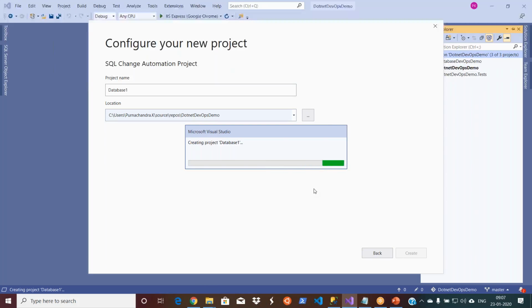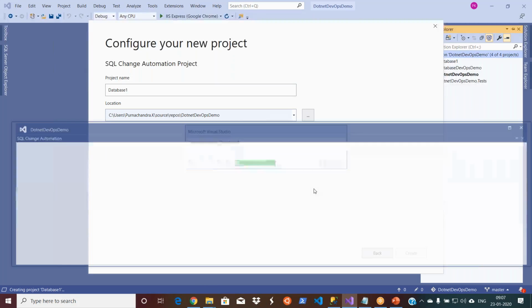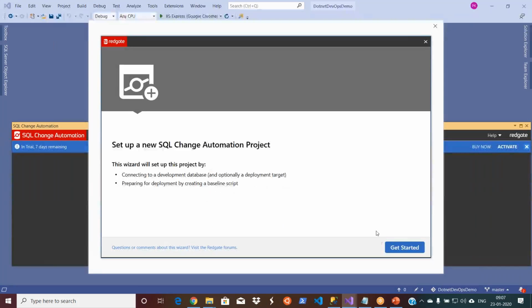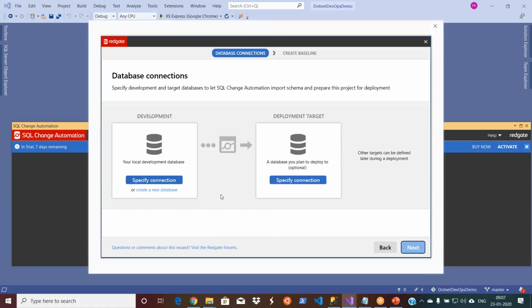Now it will ask me to select the source and target database when you say get started. That's it. You already have the databases, so you can just use the existing database here and specify the connections. I did not know the databases in advance, so I created them in front of you yesterday. But if you already have it, you don't create; you just use it as it is.